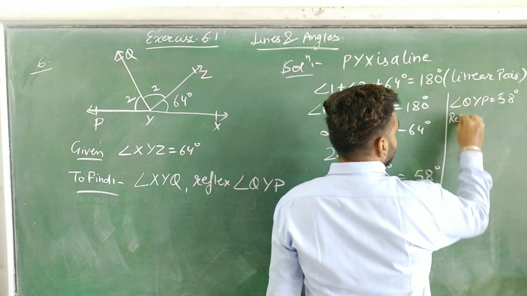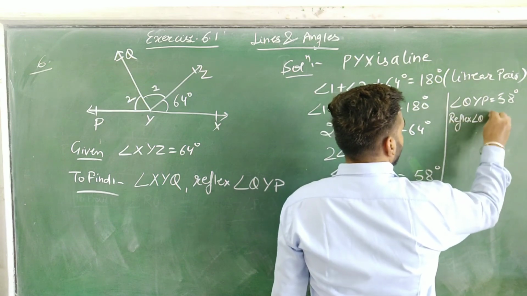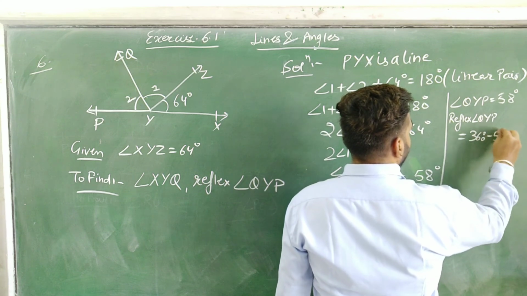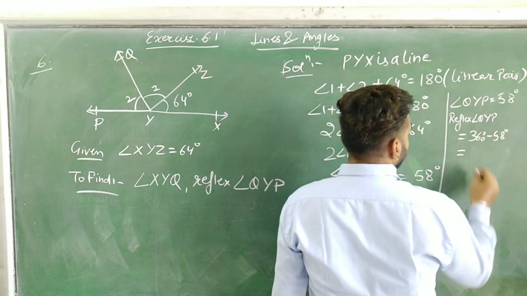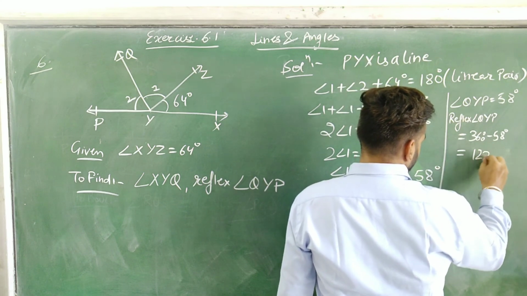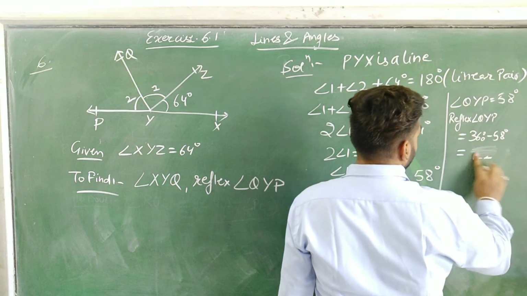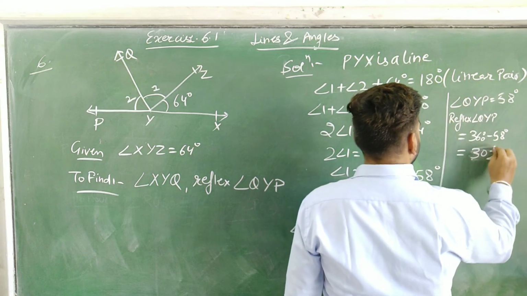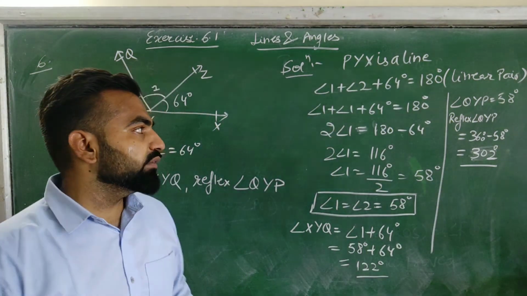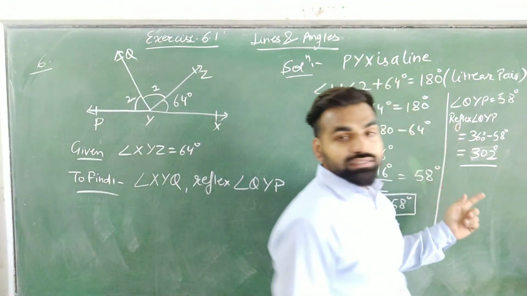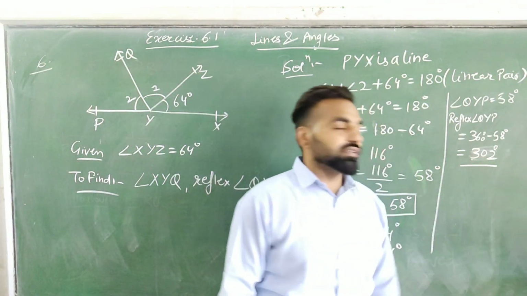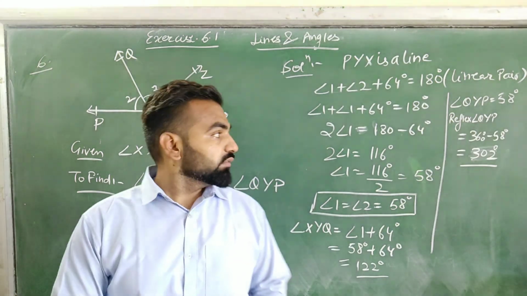So reflex angle QYP is equal to 360 minus 58, which is equal to 302. So angle QYP was 58 degree. We have to calculate the reflex. So to calculate the reflex, we have to subtract the angle from 360. So this is equal to 360 minus 58. That is